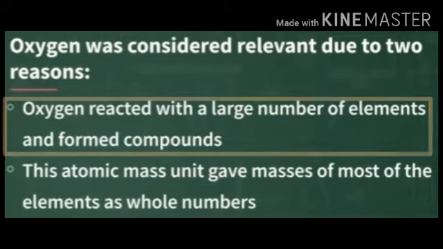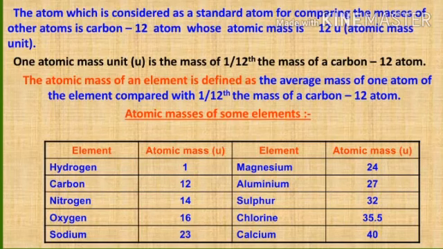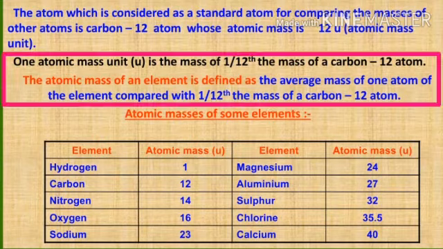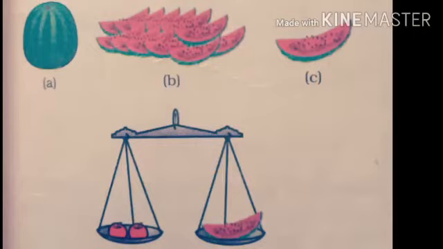However, in 1961, for a universally accepted atomic mass unit, the carbon-12 isotope was chosen as the standard reference for measuring atomic masses. One atomic mass unit is a mass unit equal to exactly 1/12 the mass of one atom of carbon-12. The relative atomic masses of all elements have been found with respect to an atom of carbon-12. So, to understand this concept clearly, imagine that you have visited a fruit seller.